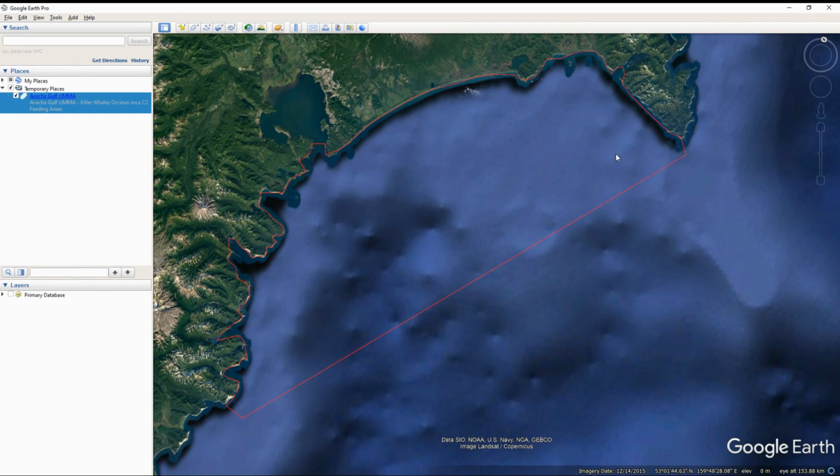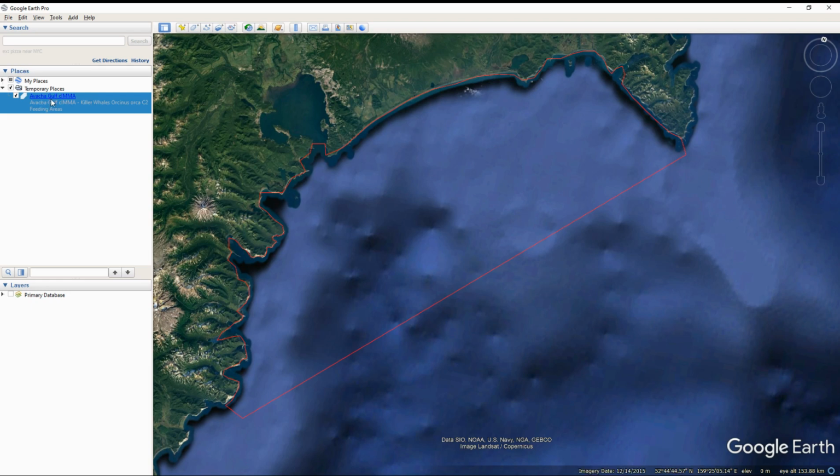You've now got an area, and if you were to click on it, it would actually give you the name and some of the information which we put into that box. So now what we need to do is we need to try and save this so that it could be used by the IMA Secretariat, and as well you could also load it into another GIS program such as QGIS, or into the online Sea-Sketch platform which the IUCN Marine Mammal Protected Areas Task Force has a project with.